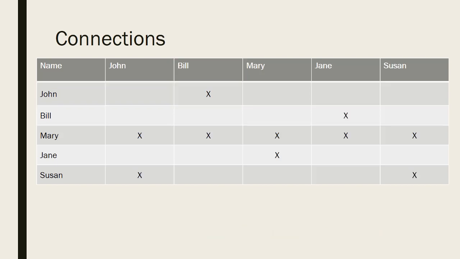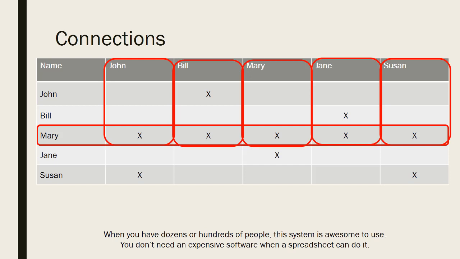Now you do this to all the people in your case, the victims, suspects, witnesses, and then you can easily put them together and see that it looks like Mary is connected to everybody. She's connected to John, Bill, Jane, and Susan. Now that doesn't mean that Mary's guilty of anything if she's the suspect, but it does mean that if things are happening to Mary, these are potentially people who are connected. Or if the things would happen to those people that Mary is connected to. It just narrows down who is connected to who.